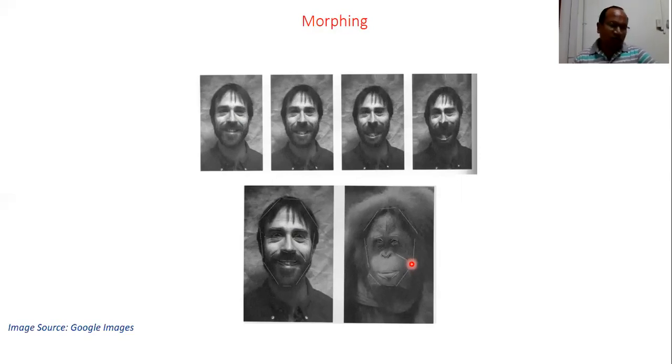So what is more important is the role of image processing. The role of image processing is very, very important in all these applications. You talk about any application of modern time, almost all the modern engineering science applications are using some sort of image processing. You wear a smart watch, right? You wear smart glasses, you have a smartphone, you have a smart laptop, you have a smart camera, right?